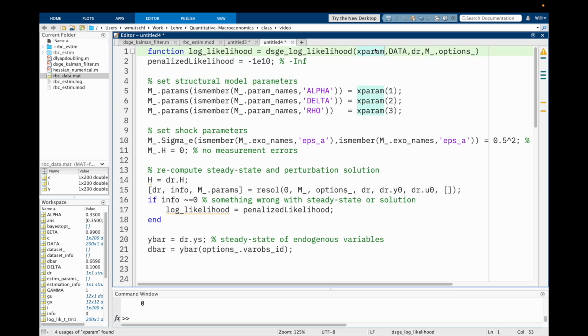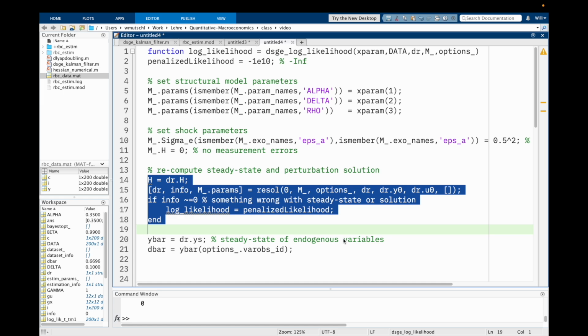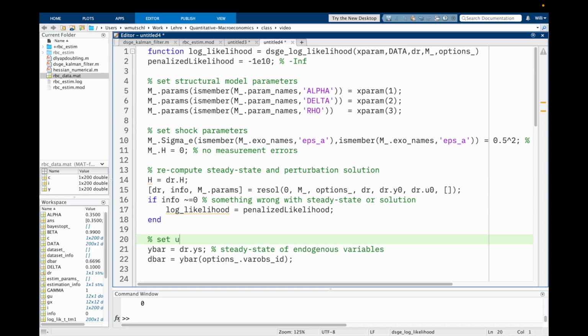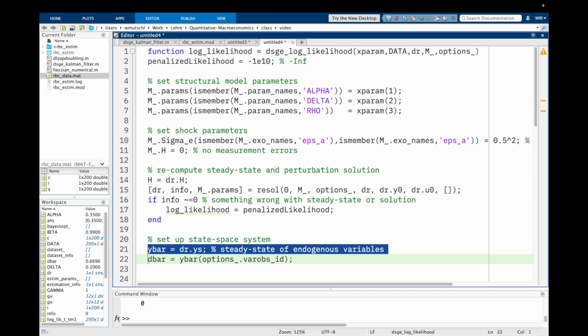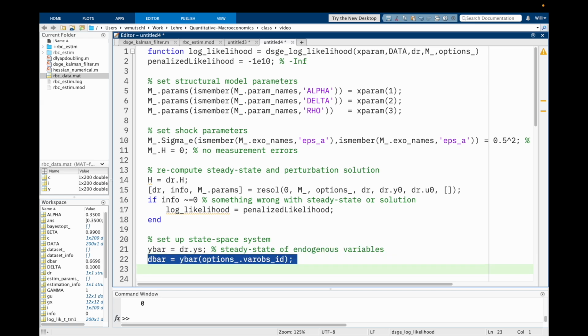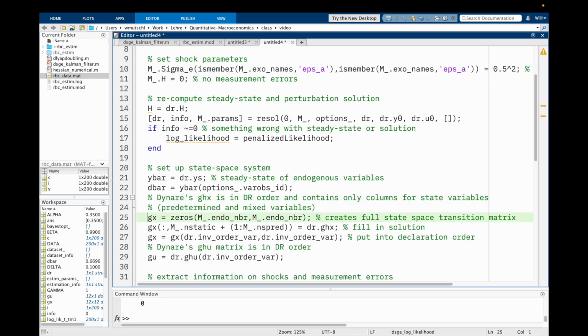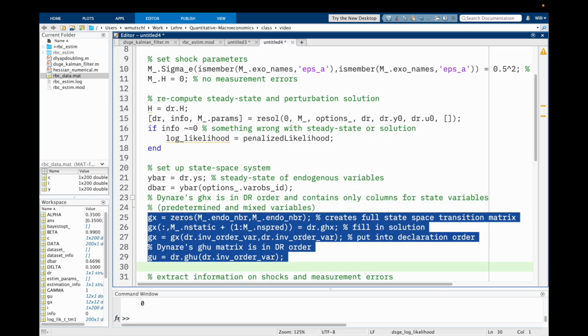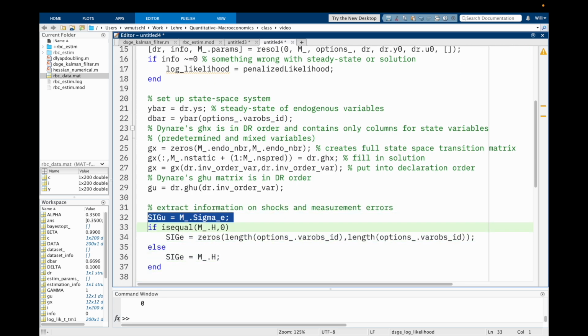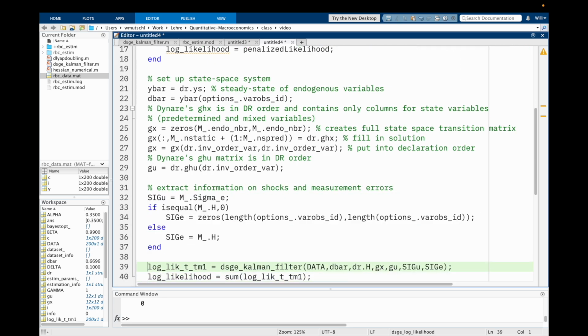So x param are my inputs. I'm gonna update the model parameters, the shock parameters maybe. I'm gonna recompute everything, and then I'm going to set up my state space system. So I'm gonna get out the y bar, I'm gonna get out the d bar, and I'm gonna get gx and gu, get my sigma u and sigma e, run my Kalman filter, sum everything up,